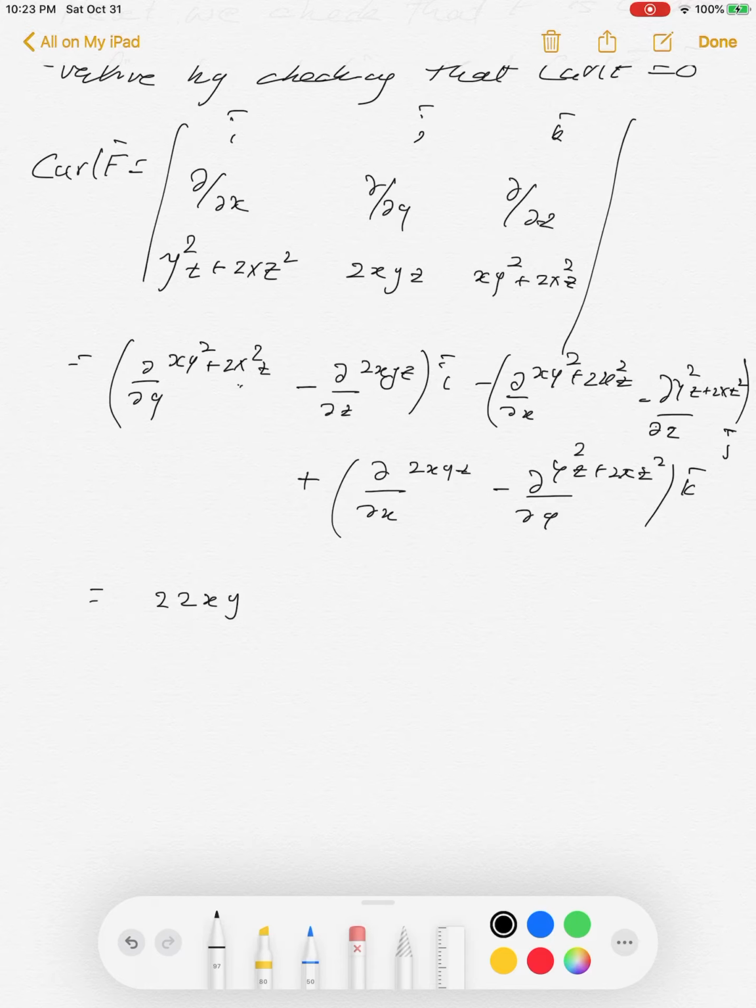So if you just calculate this, you will see you are going to get 2xy, the partial of this with respect to y is 0, and here you get minus 2xy, i bar, minus partial with respect to x gives you y square, and then plus 2. What is this term? Let me just double check. This is going to be xy square plus 2x square z. So when you differentiate this with respect to x, you are going to get